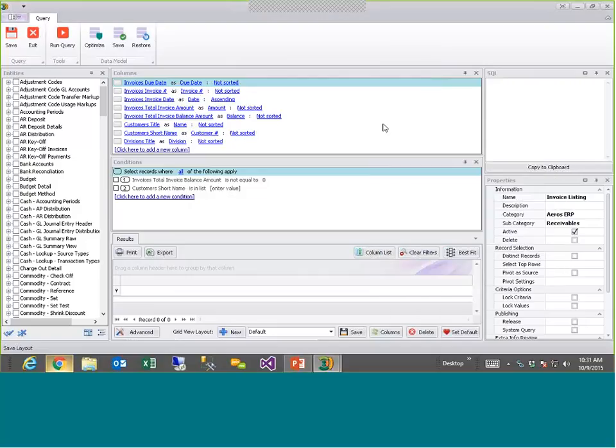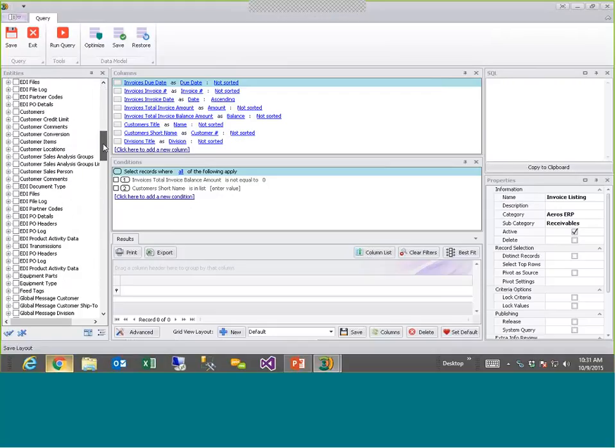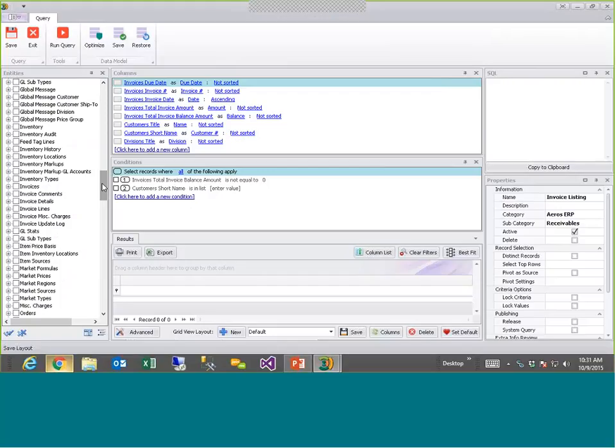So this is the design mode. Within a query, what you're doing over here is we see a list of all the different entities. These are all the different pieces of data that we have available within the Aeros ERP database. And if you recall, our demo we're going to talk about is the Aeros ERP database over the next several